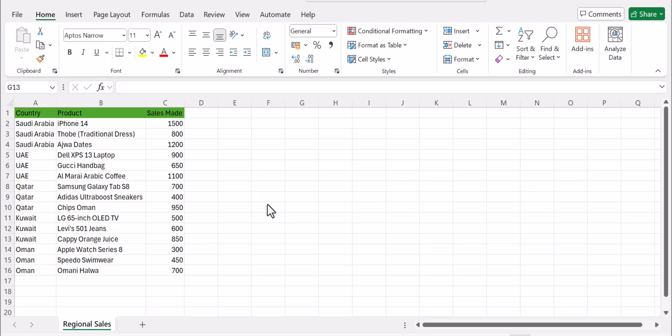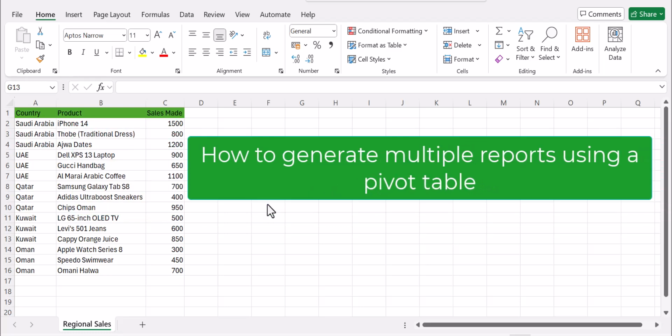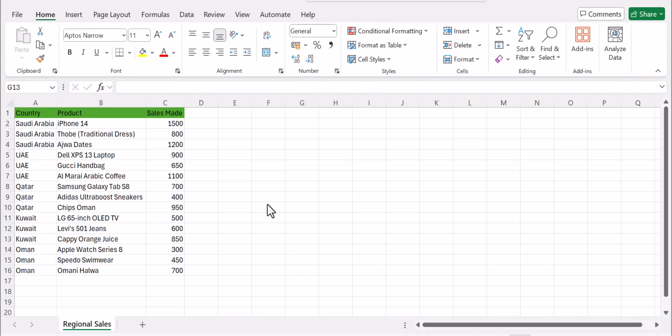On today's channel, we are going to show you how to generate multiple reports using pivot tables. And if you don't know how to create a pivot table, we've created a separate video. Go back and watch it and you'll know how to create pivot tables. Once you're done, you can come and continue with this. If you already know how to create pivot tables, this is how you